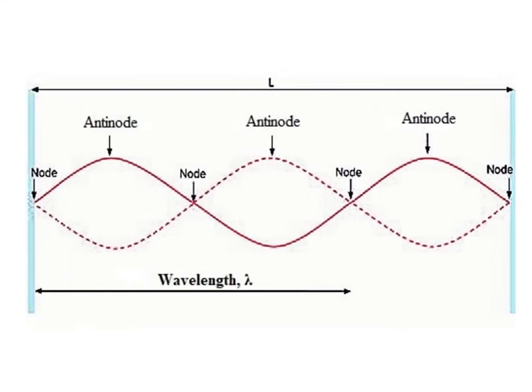See this image, this one is the diagram for the stationary waves. As we know, when two identical waves traveling along the same path in opposite directions interfere, that means superimpose with each other, the resultant wave is called the stationary wave. This one is the first wave, this one is the second wave. When they interfere with each other, a stationary wave is formed.